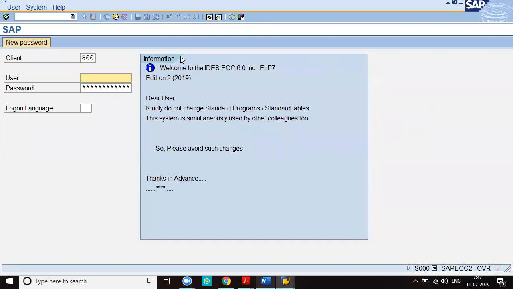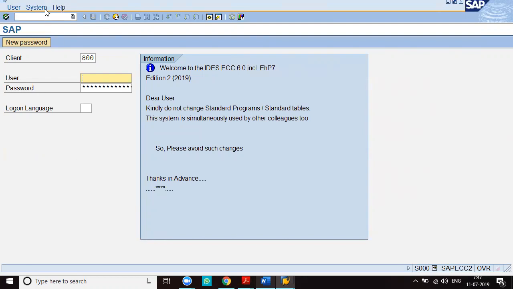Look at the screen. The first line from the top, this one. This is called menu bar. And these are called menus. And these menus will be changing from screen to screen. And of course, it is not necessary to remember the menus in every screen. Here, this is a user menu, system menu, and help menu. So these menus will be changing from screen to screen.